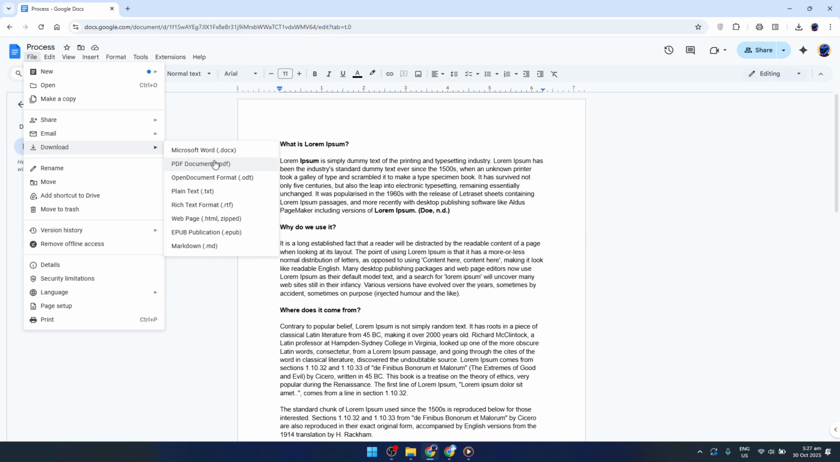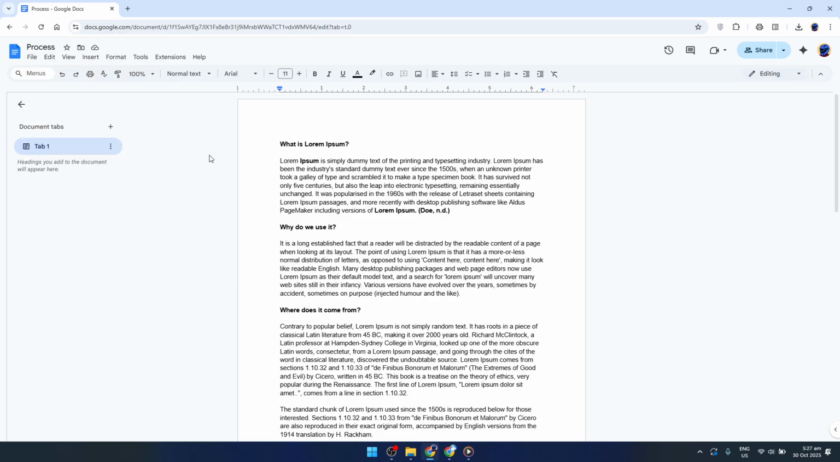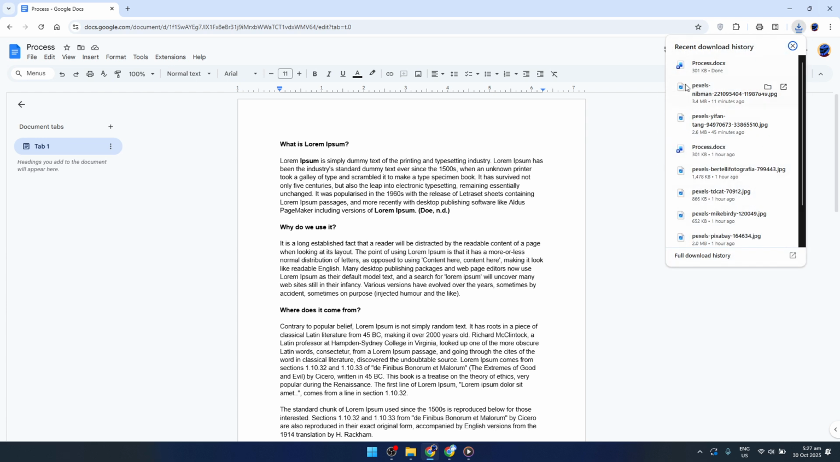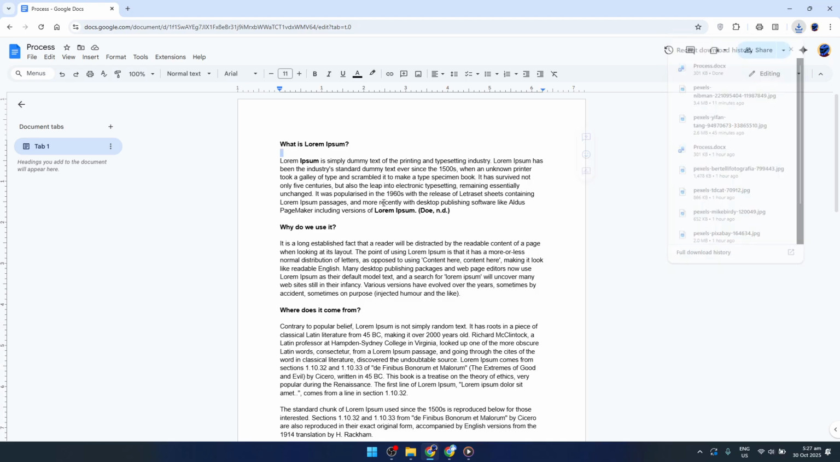Other available options include Open Document Format, Rich Text Format, Plain Text, Web Page, and even EPUB Publication Format for e-readers. Once you click on your preferred format, the file will be immediately downloaded to your computer, neatly tucked into your designated Downloads folder. This approach affords a seamless way to ensure offline accessibility or meet any format-specific requirements you